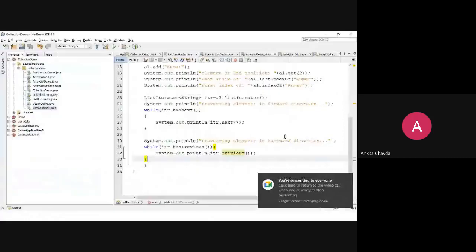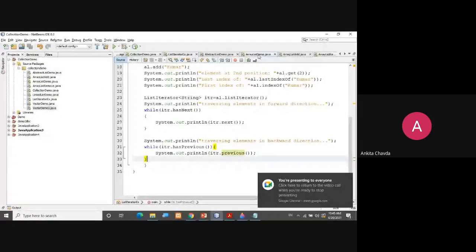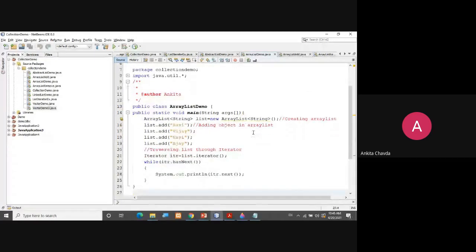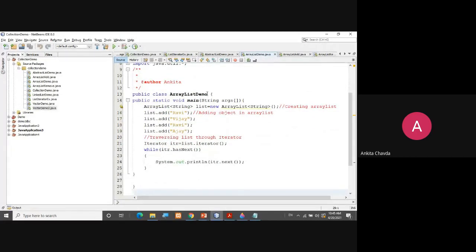Fine. So we'll see another example of ArrayList. Here I've given you the same, right? ArrayList. If it is asked, you can explain different constructor methods with an example. So you can have this simple example of ArrayList demo. Here you are creating an ArrayList of string equals new ArrayList of string. You are creating the ArrayList, and after this, with this object, you are adding the elements. Add this, add this, add this. You can even have duplicates.